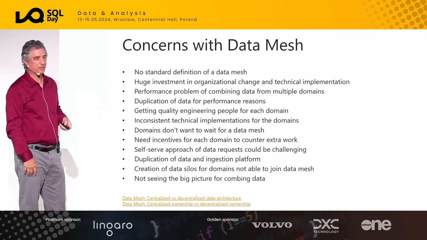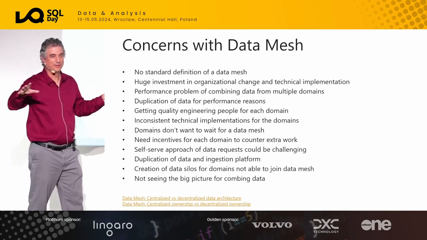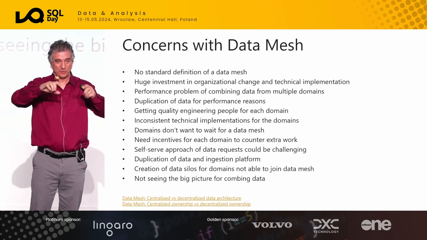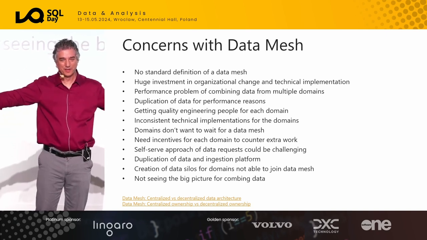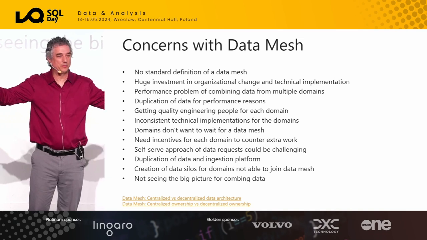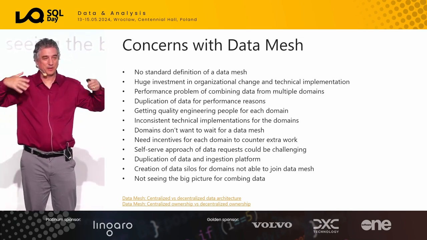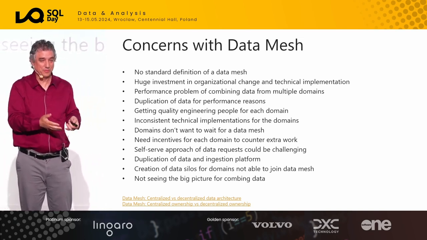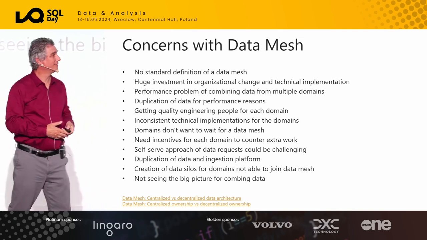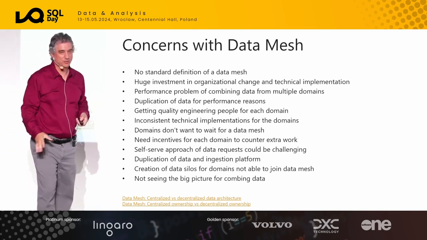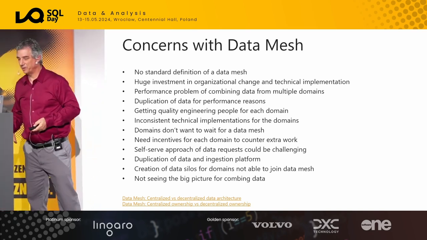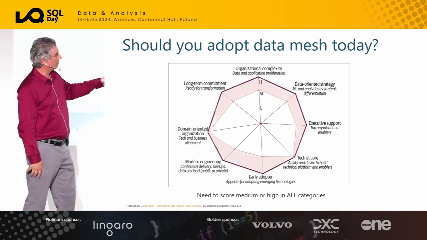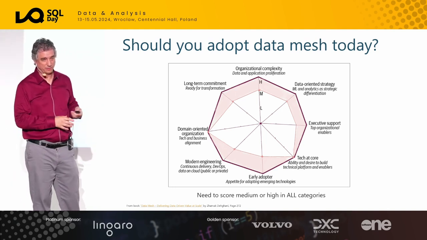But data quality, engineering people, I know there's a lot of smart people here. You're all smart. Let's go there. In the world, it's hard to find really good data engineers. So now all these domain teams, hey, it's great, organizations scaling, but they're going to go like, I've never hired engineering people before. Now you want me to do that? And trying to find them. And all it takes is one person in the mesh to do a really bad job, and now you have this problem because everybody's relying on that. So I won't go over them, but there's a lot of challenges I find people have with the data mesh. And she has in her book that your company should score medium or higher in all these categories to even think about using the data mesh.